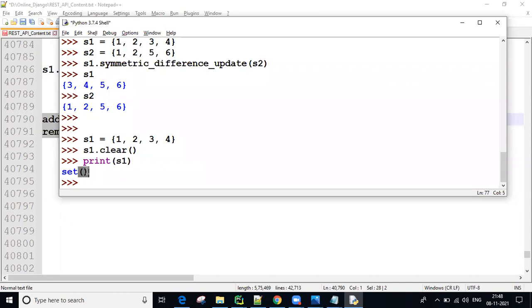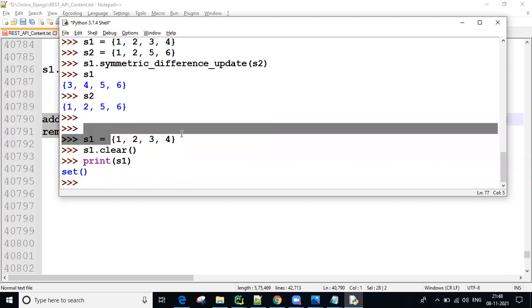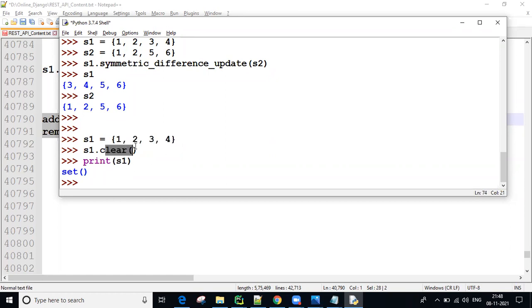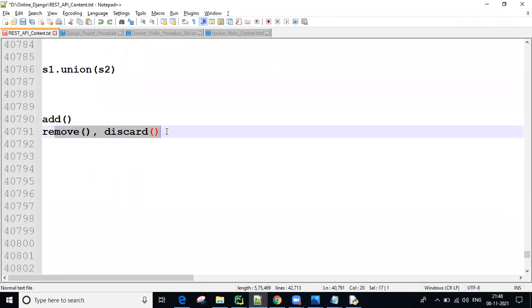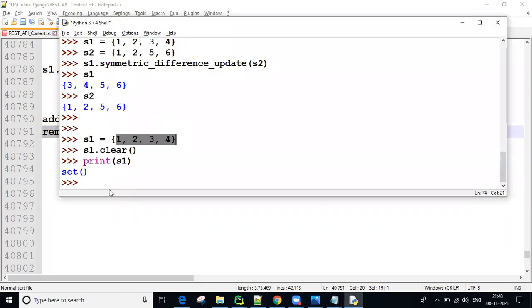Initially 4, after applying clear, nothing left. So it is called a mutable object. Also we have seen adding values and removing values. So it's called a mutable object.